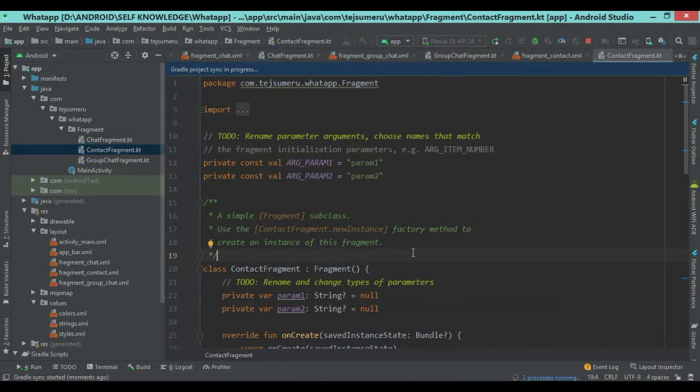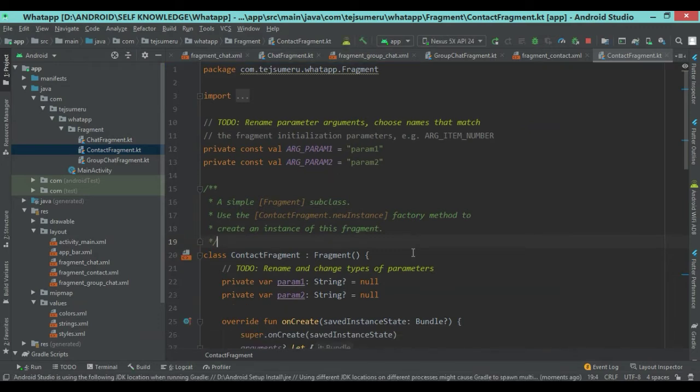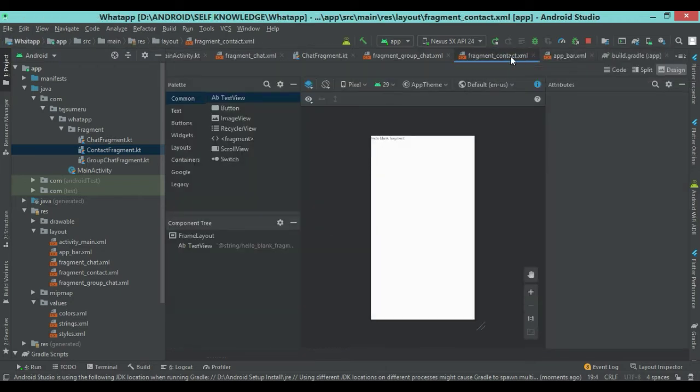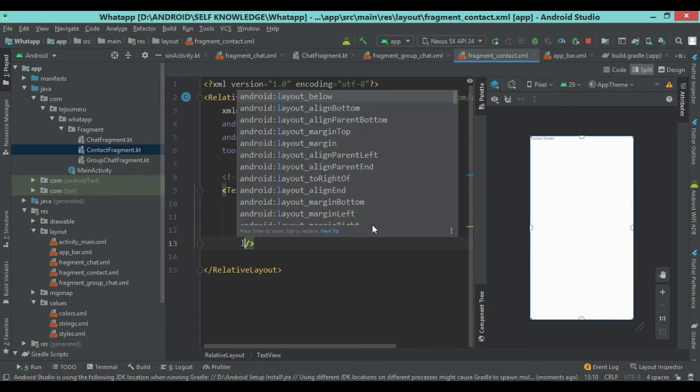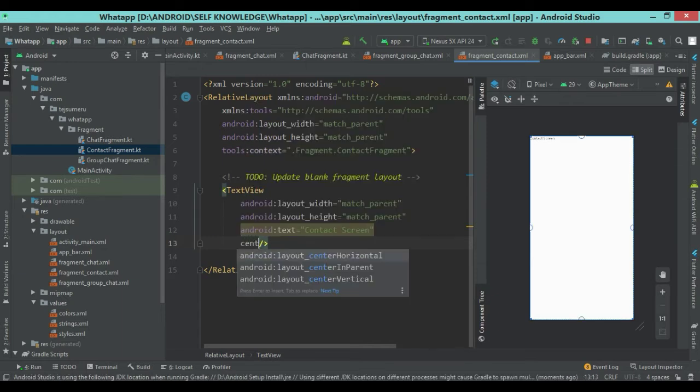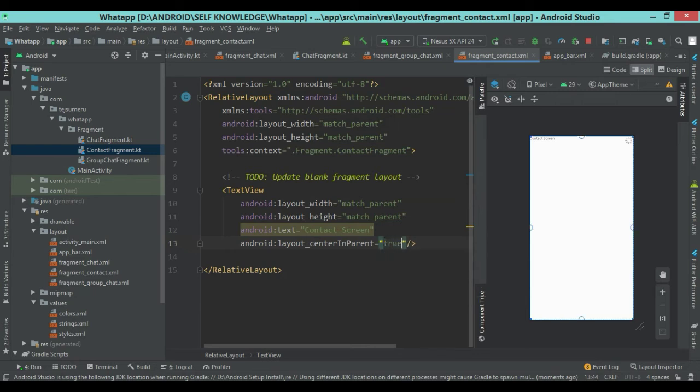Checking that when we swipe, the screen is visible or not. So we simply don't need any code. We are simply printing some message. Change it as a relative layout, and we directly pass the string, that is, this is a contact fragment. So contact screen, we are setting center in parent true, and we are passing wrap_content and wrap_content.